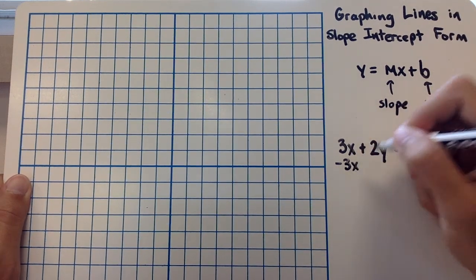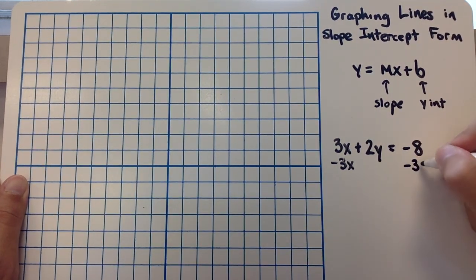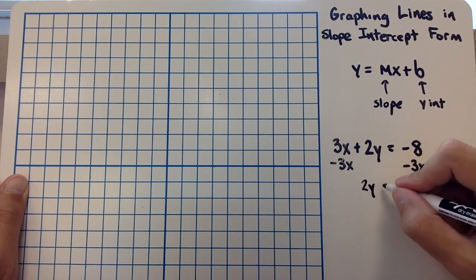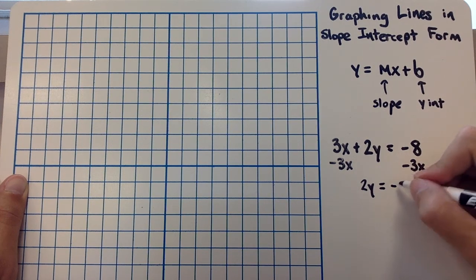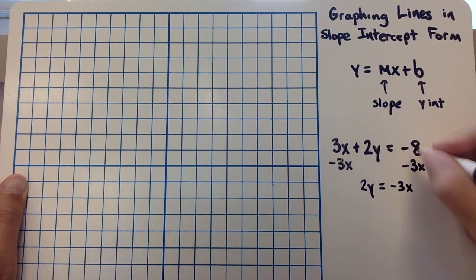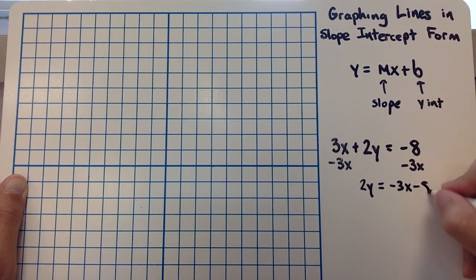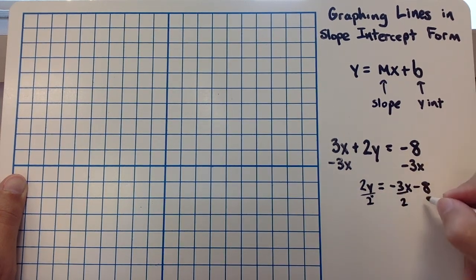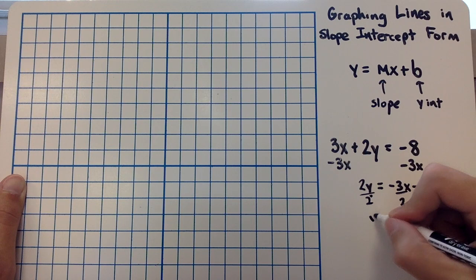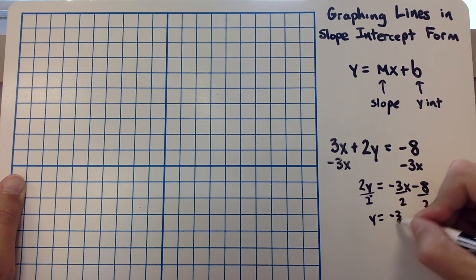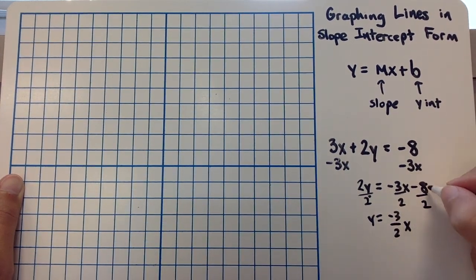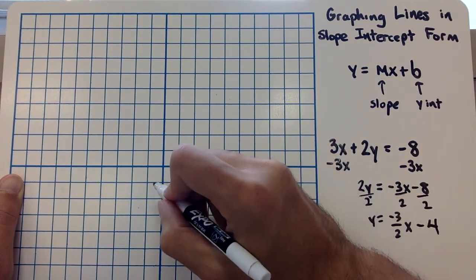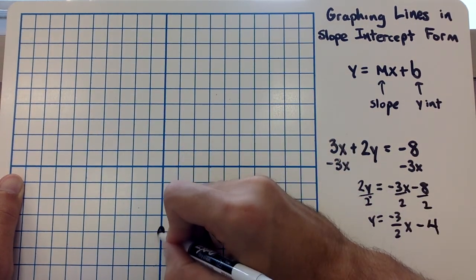I would start out by subtracting 3x on both sides. I can rewrite this now, so it's going to be 2y equals a negative 3x, and then it's negative 8 after that. And then finally, I would just divide everything through by 2. So I'm going to get y equals negative 3 over 2 x, and when you divide this out, it's going to be minus 4. So I would go down to negative 4,